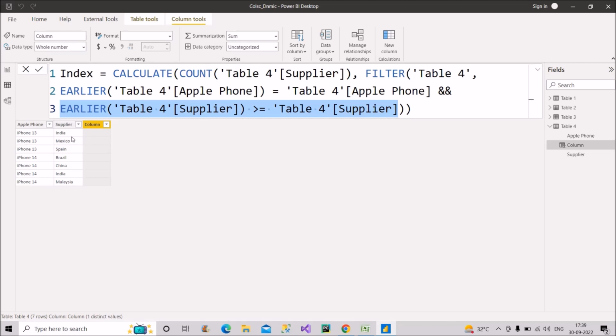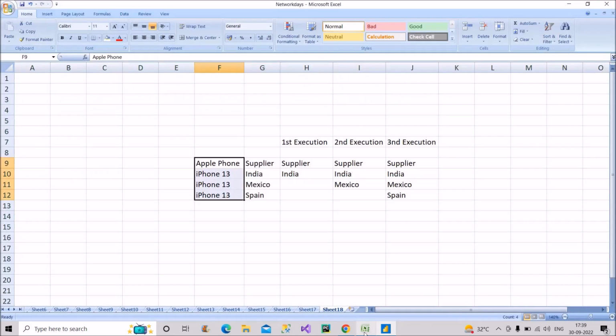So yes, it is equal, India is equal to India, right? So in the first execution we are getting only one record. Now when this India is compared to the other two records, it will not be equal, right, because it starts with M and this starts with S. Also it is not greater than them, right, because I comes first in alphabetical order. So during the first execution, this is my result.